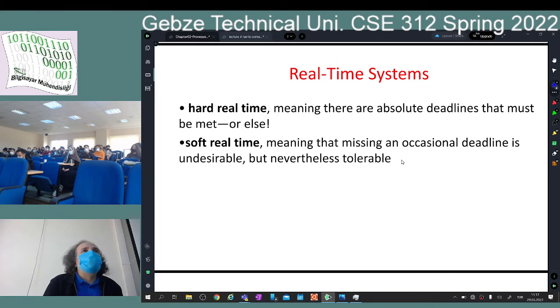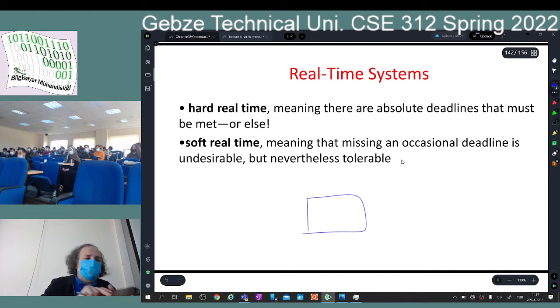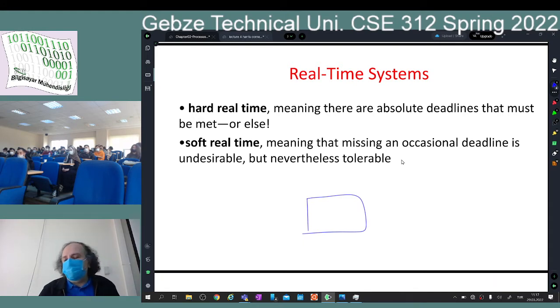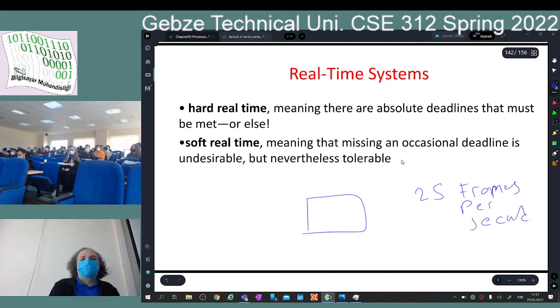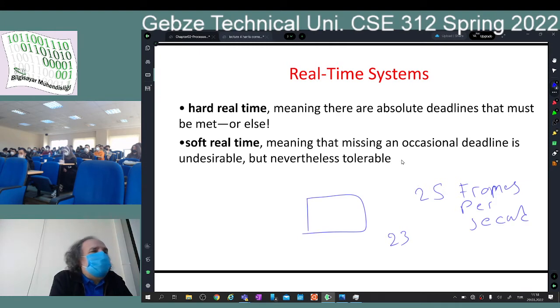But let's say, for example, the multimedia systems, I have a screen, I have a machine like this, okay? I am showing video. Showing video means that I need to show 20 frames per second. Okay? FPS. 25 frames per second, I need to show it to the user. So that's time critical. But what happens from time to time? Every hour, for some of the seconds, I show them 23 frames. Most of the people will not realize that I showed them 2 frames less than the original.